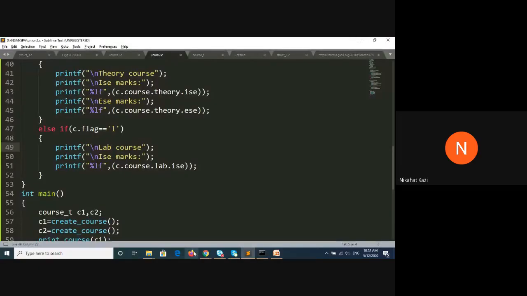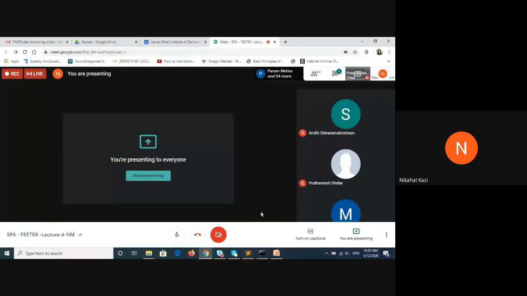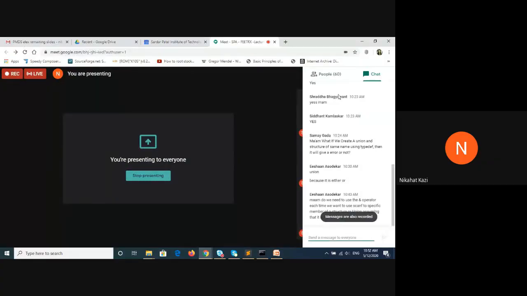Any questions? Do we have to use the address of operator? Yes. For scanf, if it is a double or int or float or char, you have to use address of operator.